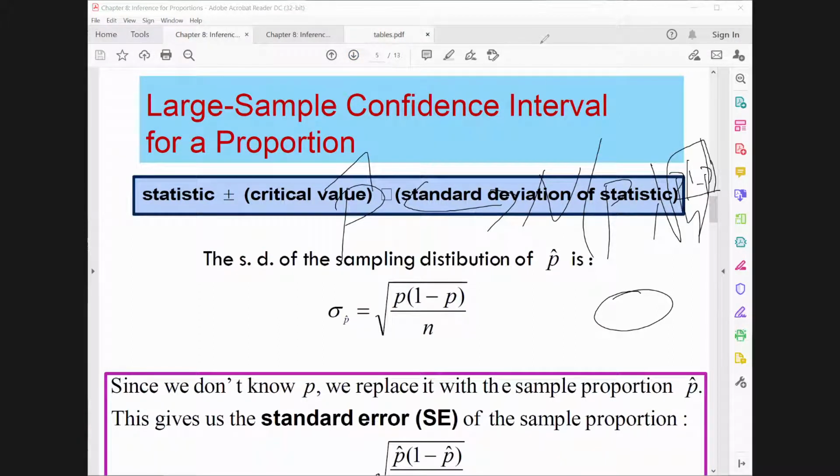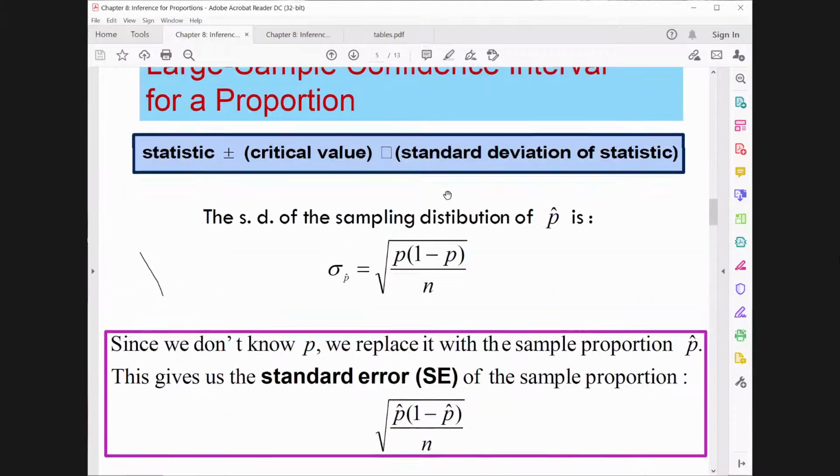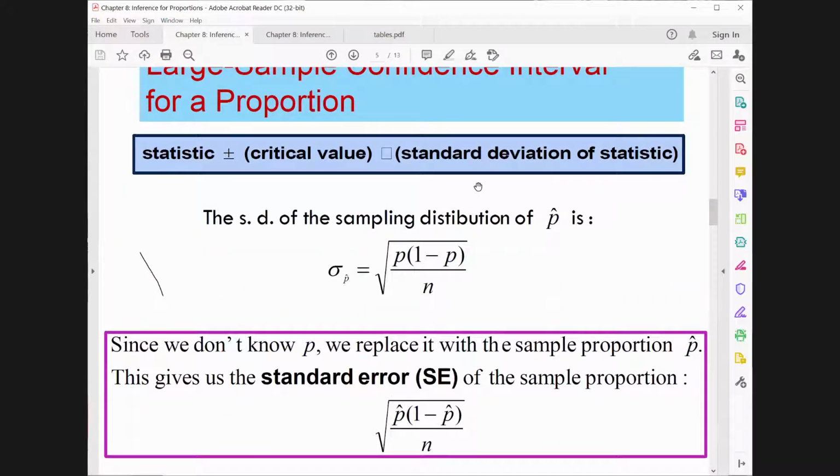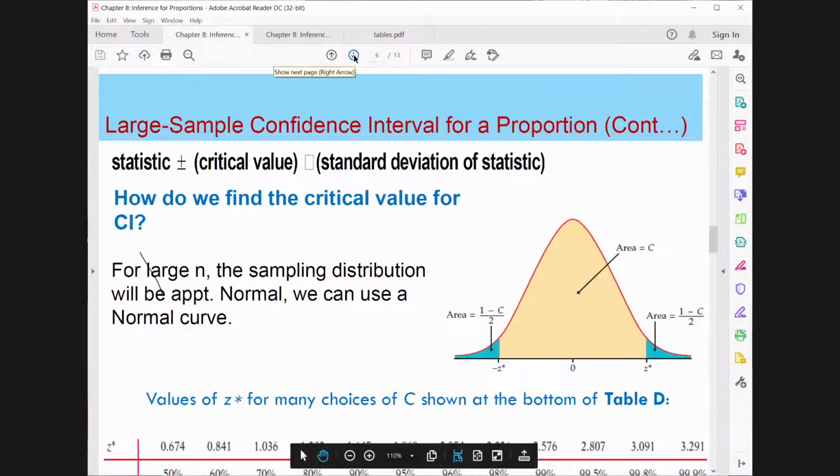We will apply it today in order to estimate p in practice. That means once we have a sample, by definition, we define the standard error, which is given by root p hat (1 minus p hat) over n. This is by definition the standard error, denoted as capital SE, equal to root of p hat (1 minus p hat) over n.